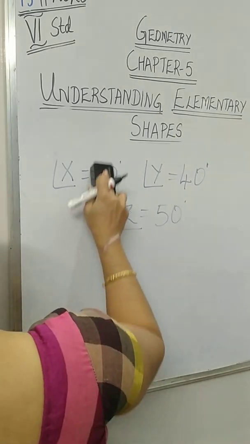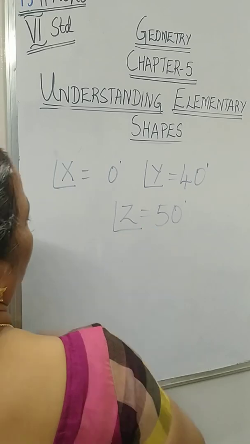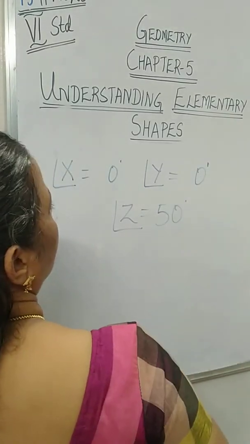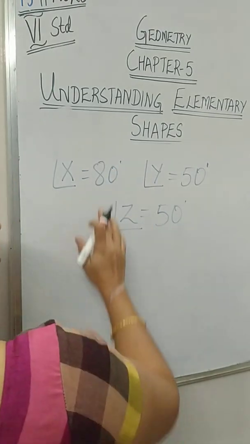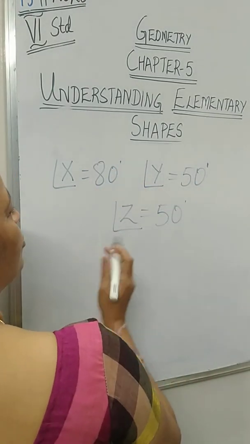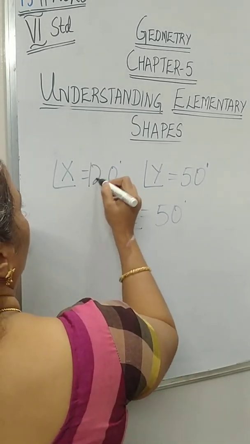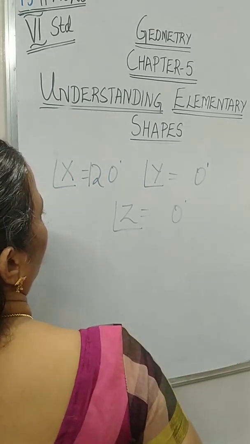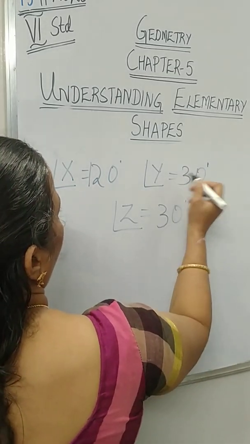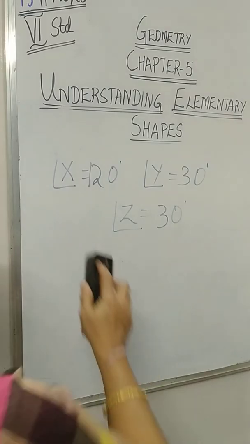Another way, I'll show you. Suppose these two, I'll change even this. Now look at this. All the three are acute angles, so it is acute angled triangle. Here now, I'll change again. 120. Now look here. Now this is an obtuse angled triangle. Yes children, this is the thing you have learned now.